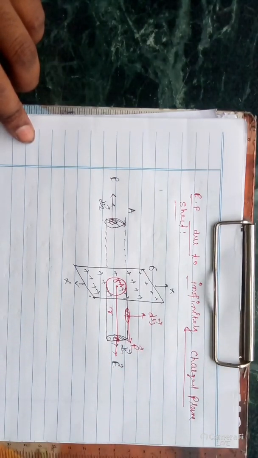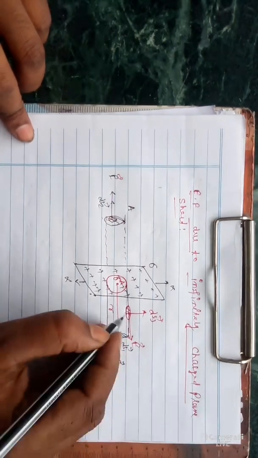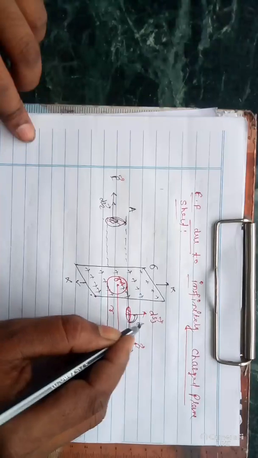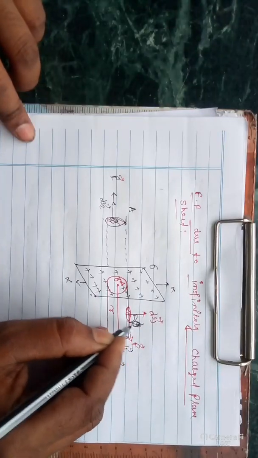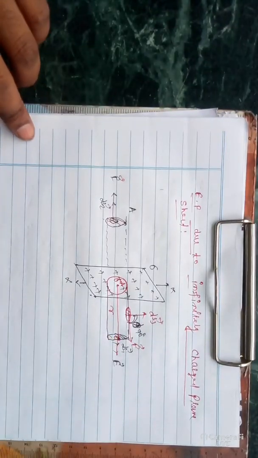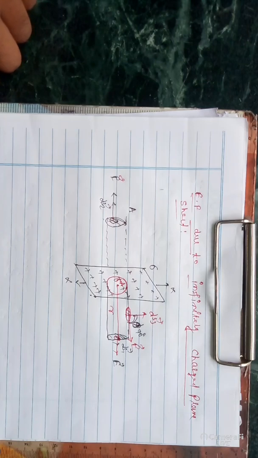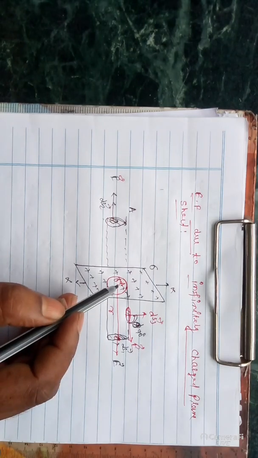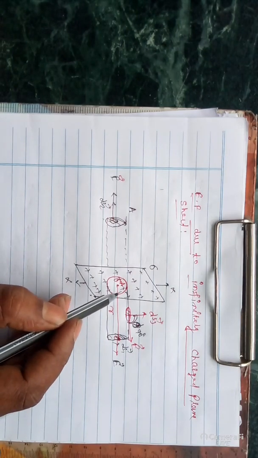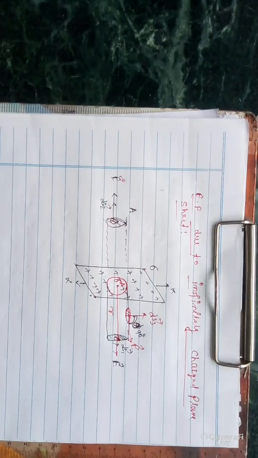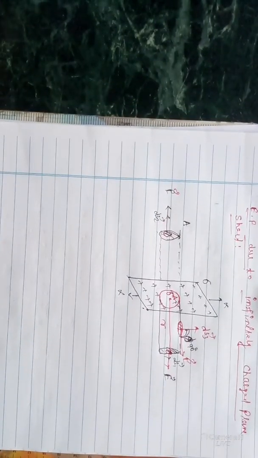So the angle between the electric field, obviously a vector quantity, and dS, also a vector quantity, no flux will emerge through this curved surface. Why? Because the angle is 90 degrees between dS and E. Clear? So what will be the field? Total charge inside the surface is sigma A, and this is dS2. So you will get the value using Gauss law.